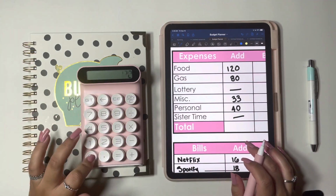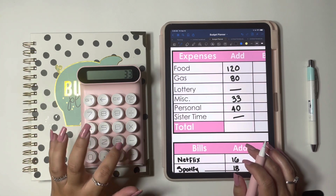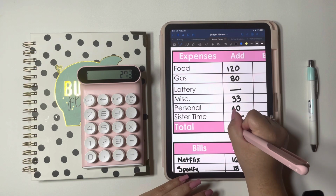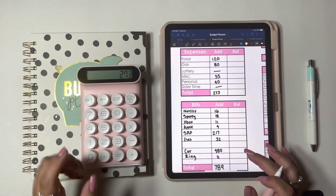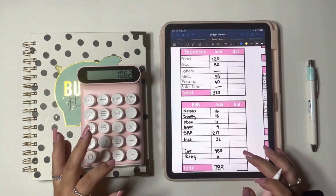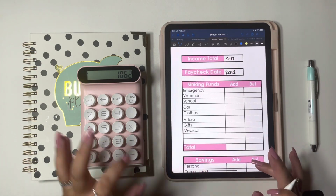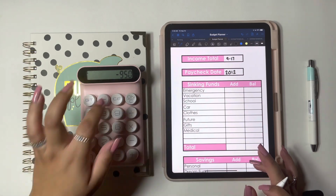So we're gonna add this up: 120 plus 80 plus 33 plus 40. So this is 273. Okay, now we've done our bills, which was $789. We've done our expenses, which is $273. So we're at $1,062 right now. And so we're gonna subtract that from our total amount that we're bringing in. And that means we have